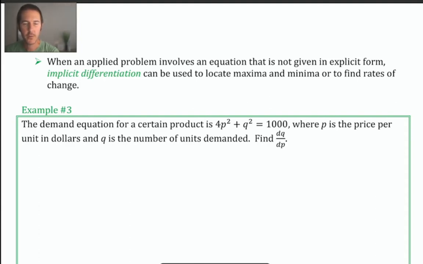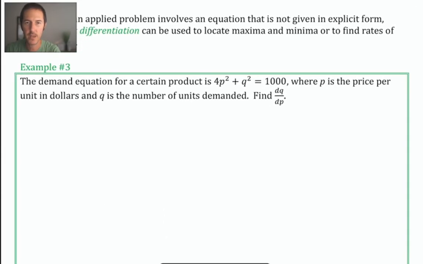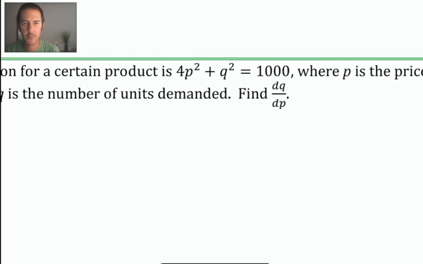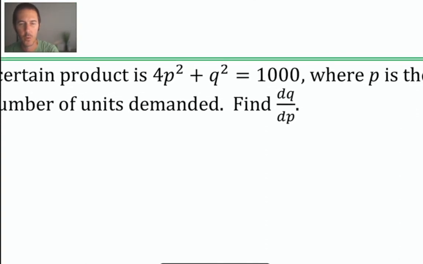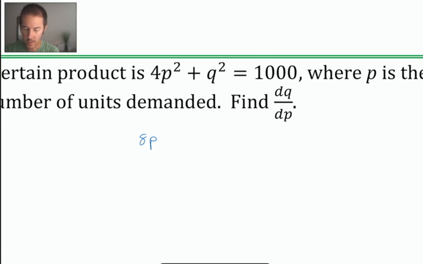All right, at least up to a point. So let's take the derivative of this equation. Let's find dq/dp. When we take the derivative of 4p squared, I'll take the 2 and multiply it by the 4, which makes it an 8. I'll keep the variable, I'll decrease the exponent by 1, and now do I need to multiply by the derivative of